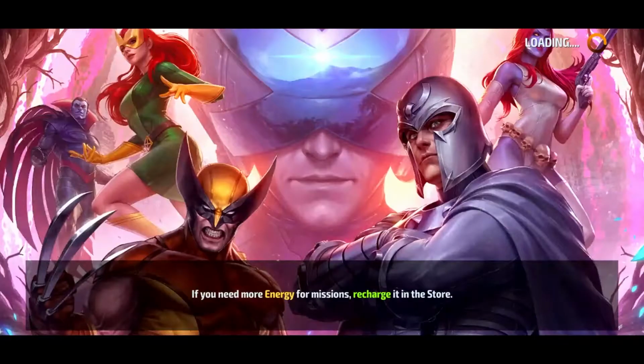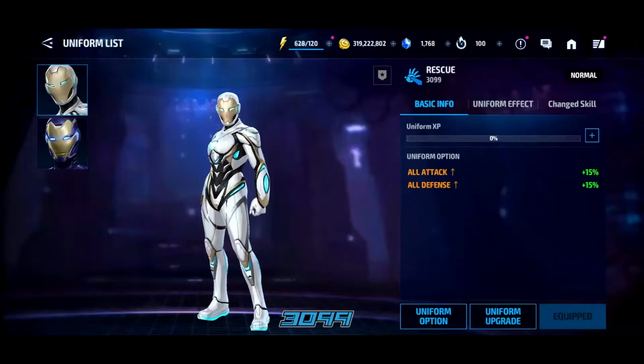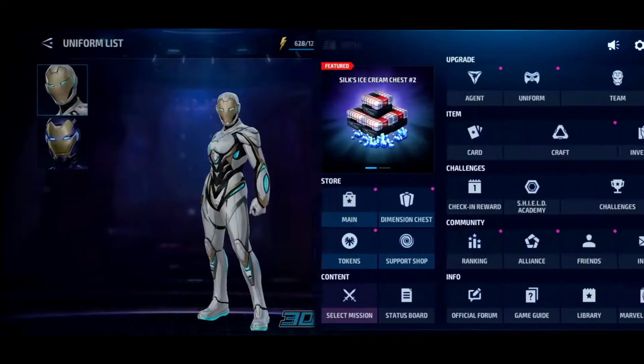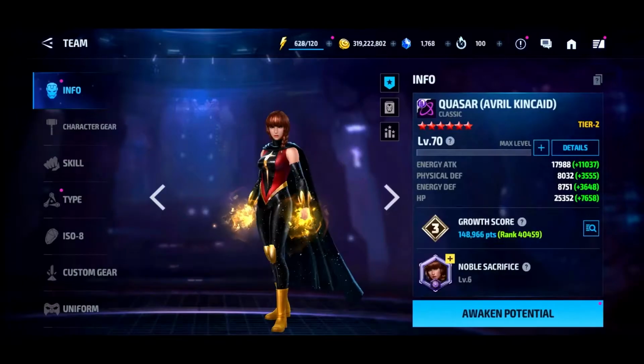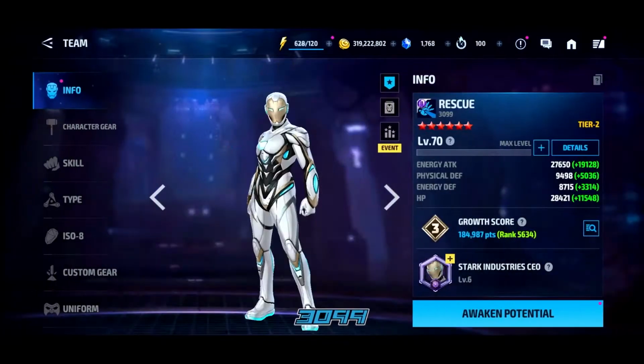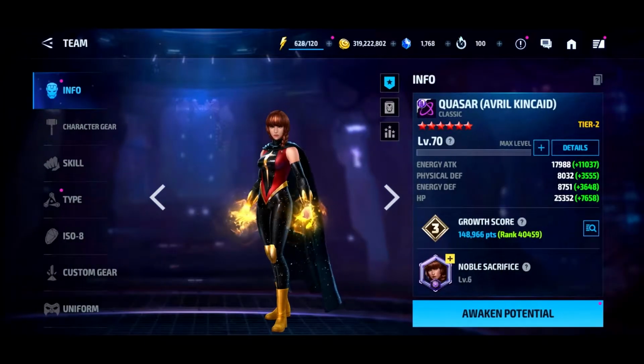Okay. Alright, so now let's back out here. Get this uniform, because I do really want this uniform. Like I said, I like Rescue, so any excuse to upgrade or use her more, I will take that. Just kind of annoying, as you can see down there at the bottom, we have Rescue right next to Quasar. I keep saying I'm getting Quasar's potential transcended, but now I might do Rescue first. She keeps getting pushed back. I want to get Quasar done here, so